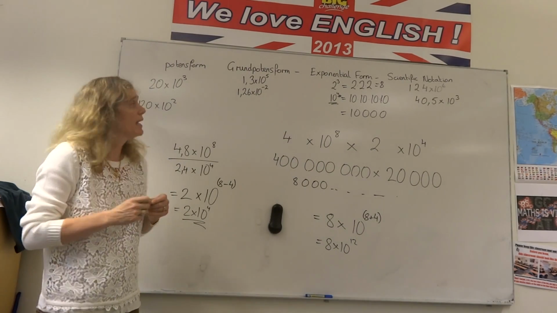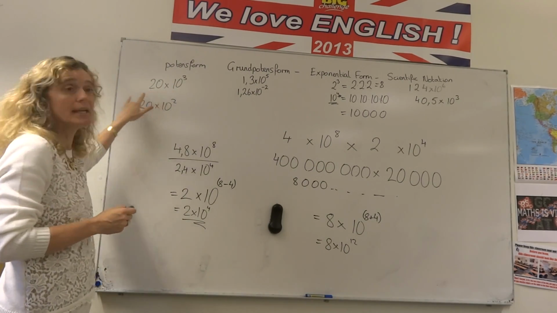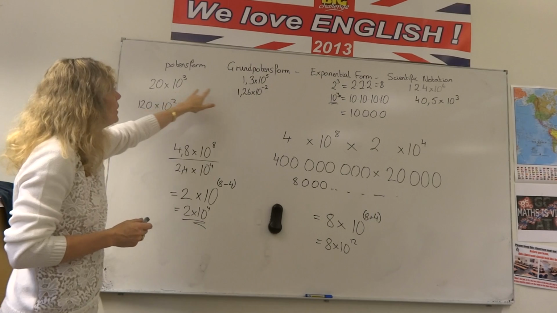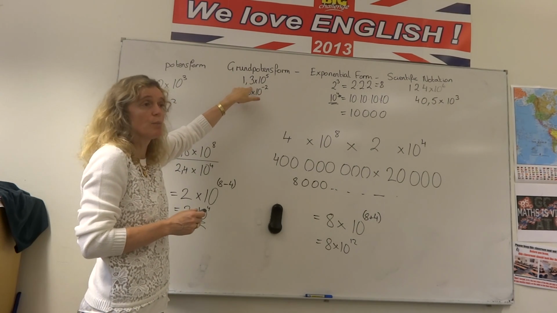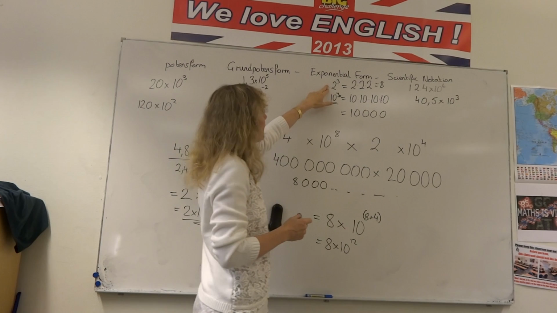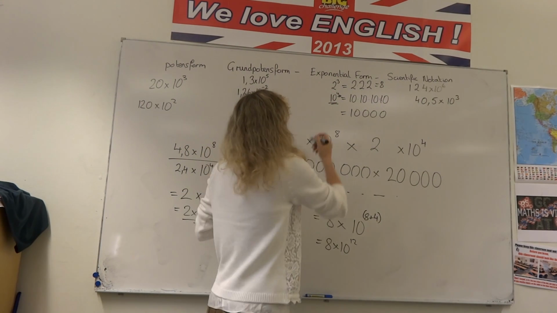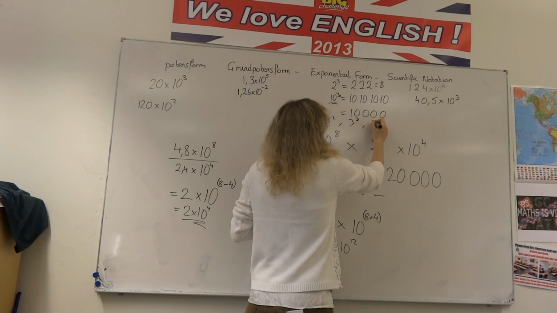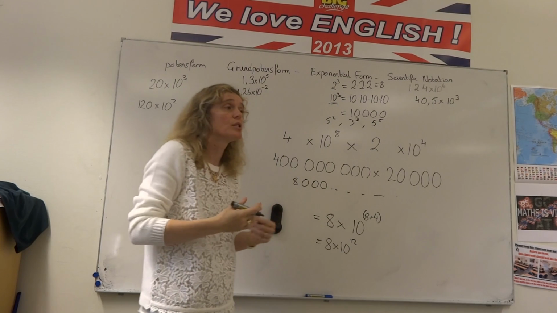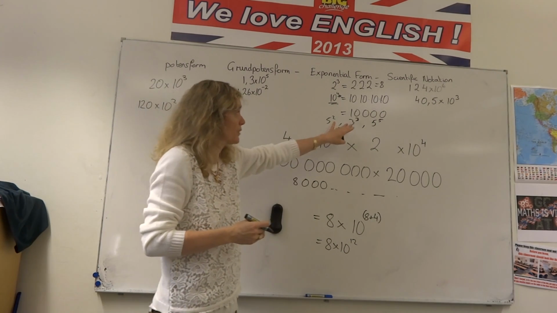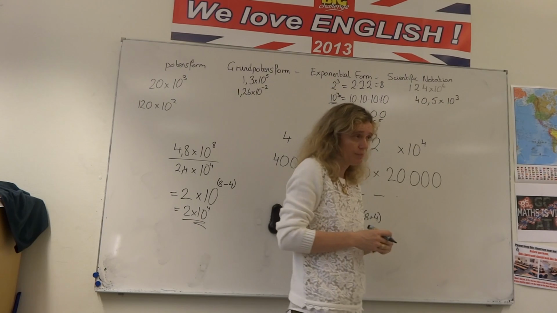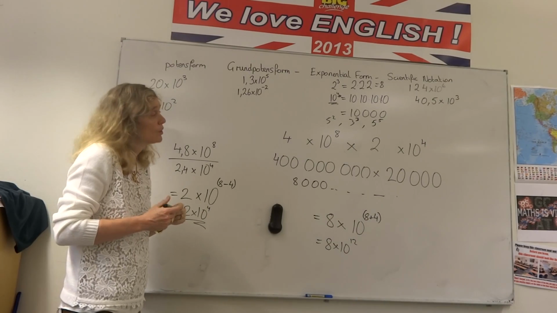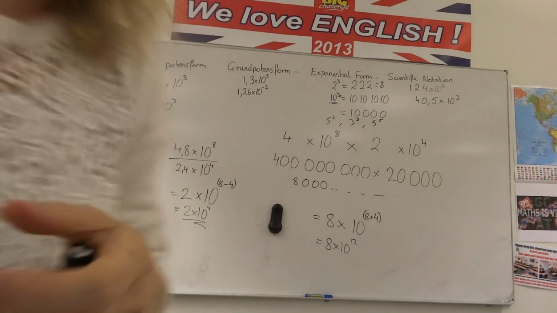Okay? So that is potence form, where it can be any number. It doesn't have to be one decimal point in front of the power. Grundpotence form, one number, decimal point, then the powers. Exponential form, 2 to the 3, 10 to the 4, 5 squared, 3 to the power 3, 5 to the power 5. Any number that is multiplied by itself that number of times is called exponential form. And scientific notation is the same as what you guys call grundpotence form. So, we take a few